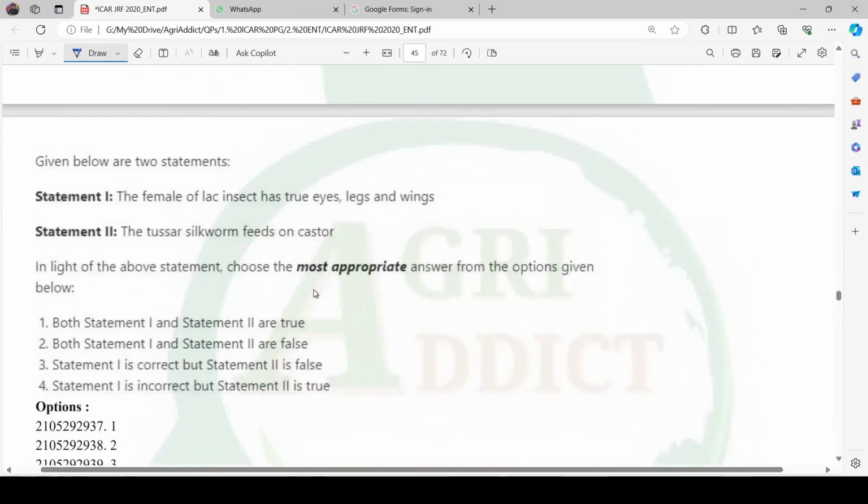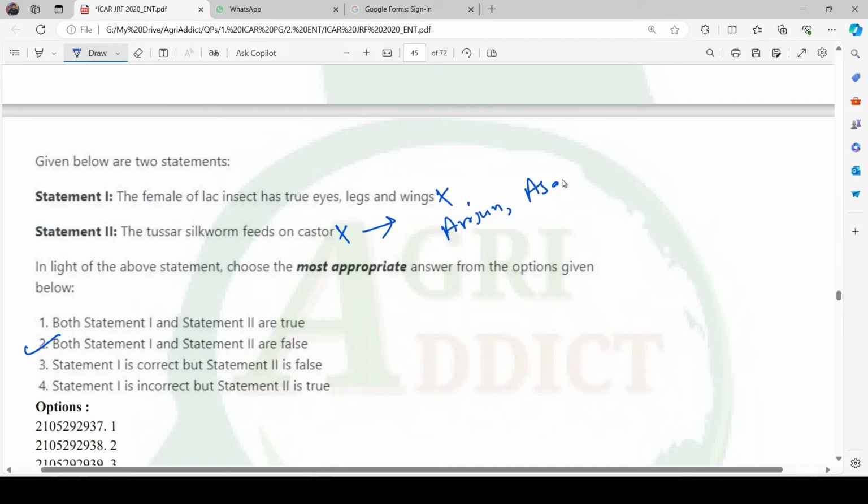The next question is another statement type question. Statement 1: the female lac insect has true eyes, legs and wings. No, they don't have. They have reduced eyes, legs and wings. Statement 2: Tasar silkworm feeds on castor. It is also wrong. Both statement 1 and statement 2 are false, because Tasar silkworm mainly feeds on Arjun,